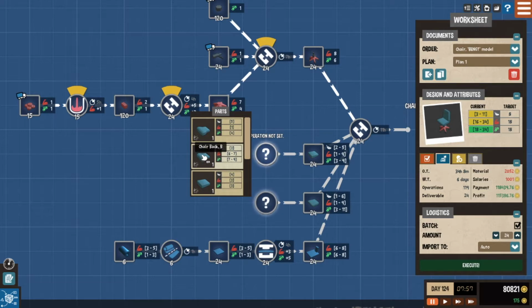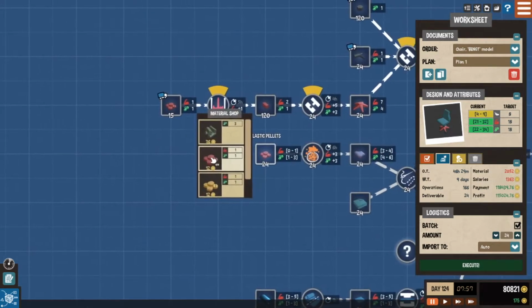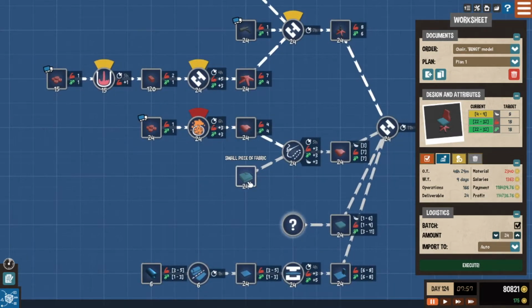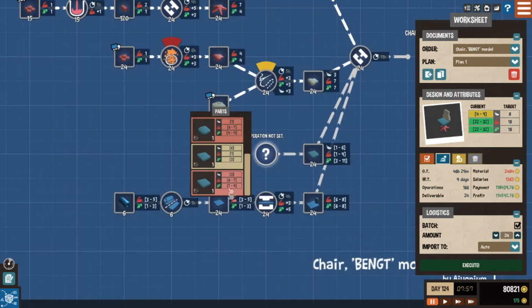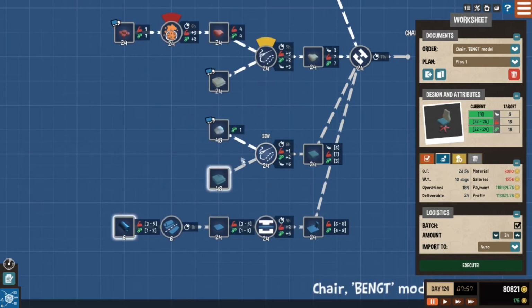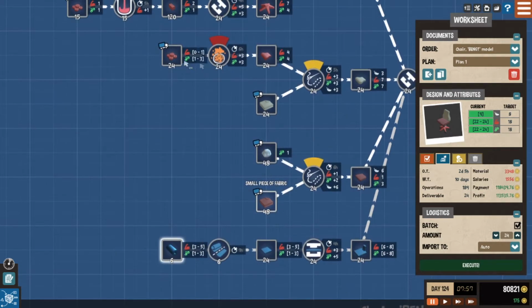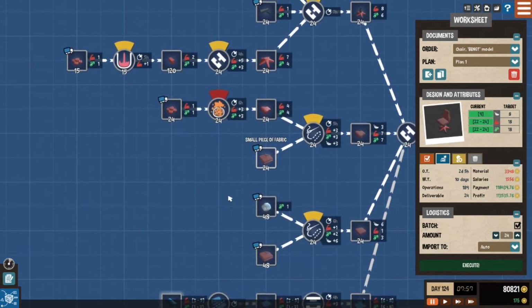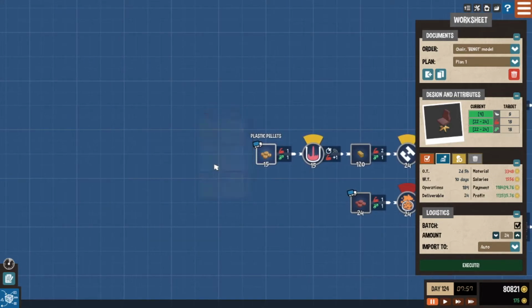So let's go for this one, which is a bit more of a... Oh, it needs foam injection. No! It needs foam injection. It needs foam injection. Okay, now I need some style, some stuffing. Let's be bold. Let's make this a nice red chair, actually. The base piece will be...